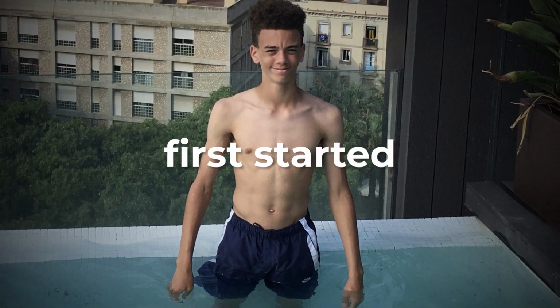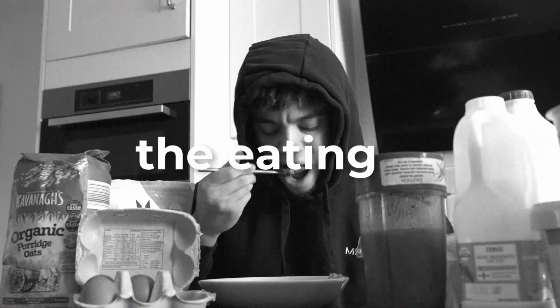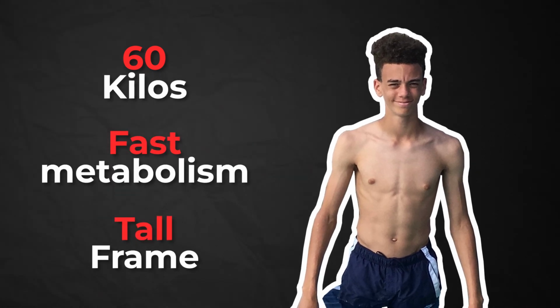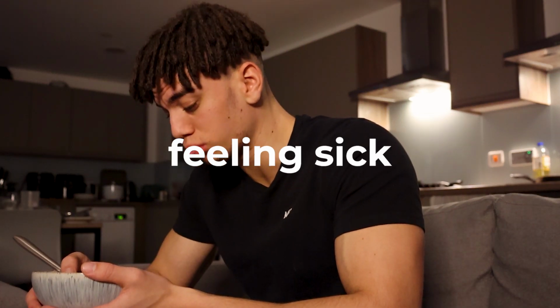Bulking up with a low appetite. If you're anything like me, when I first started lifting, I loved training, would hit the gym for hours, but the eating part, that was the hardest. When under 60 kilos with an extremely fast metabolism and a tall frame, this made bulking so difficult. And after force feeding meals, feeling bloated and almost being sick, I could never find a sustainable bulking plan until